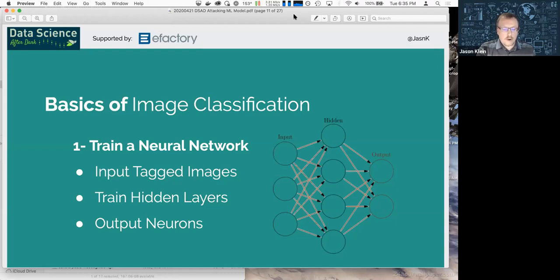All of these models are essentially a neural network that have been fed images and then output a model file that then you can feed future images into, and they'll generate a prediction. So in terms of training that neural network, you basically end up with a ton of tagged images. That's where a database like ImageNet comes into play.